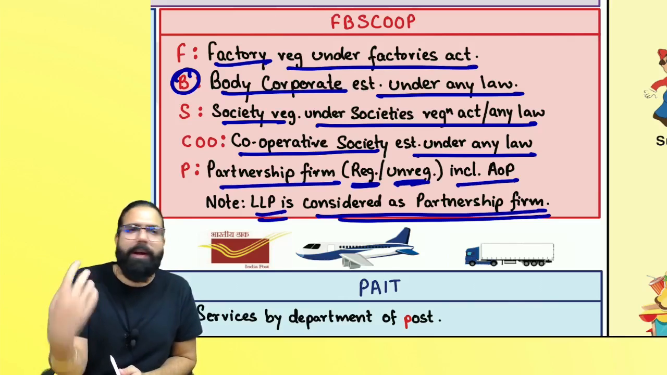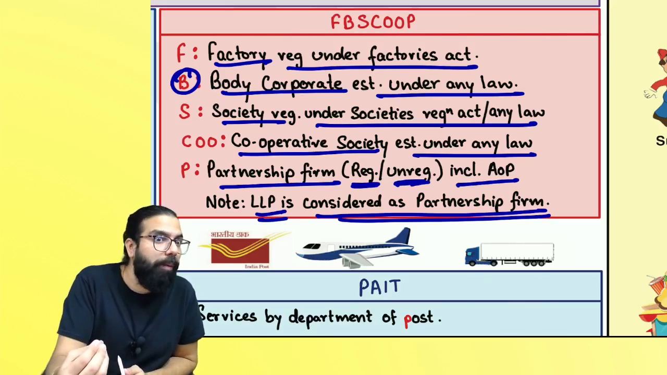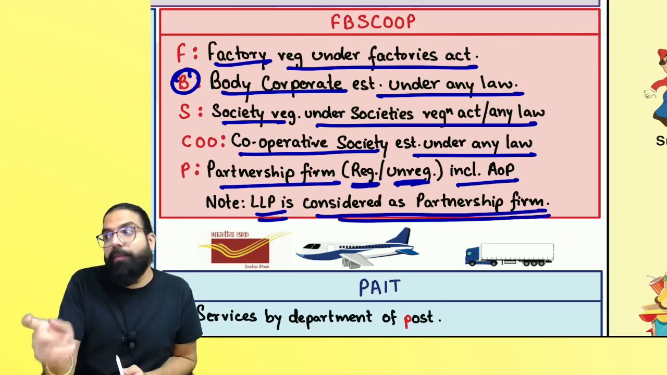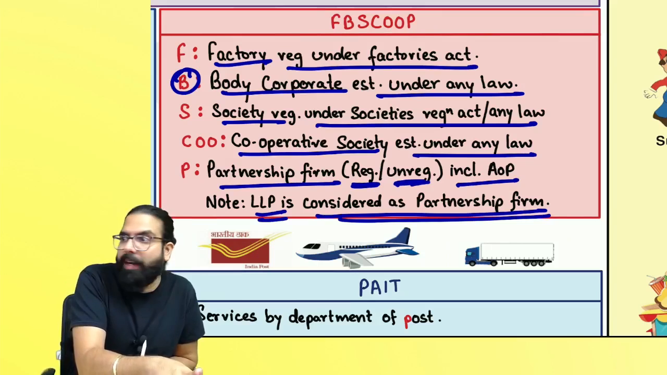Indian company is a body corporate, foreign company is a body corporate, SEBI is a body corporate, sir, RBI is also a body corporate. Cooperative society is never a body corporate. Partnership firm is not a body corporate, right, everyone? But